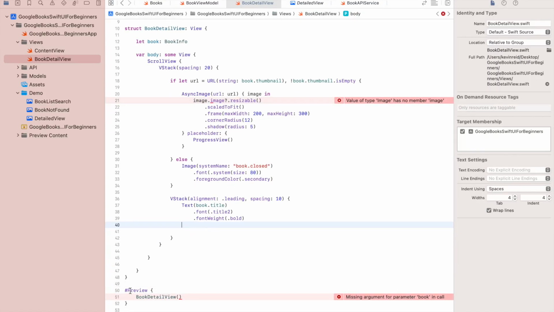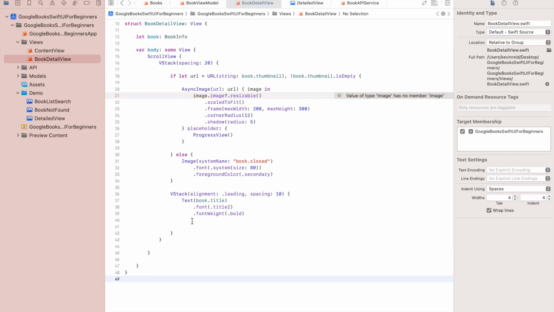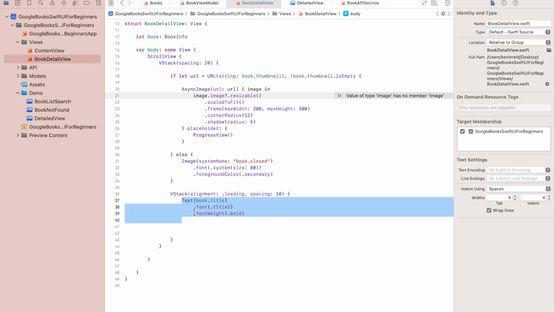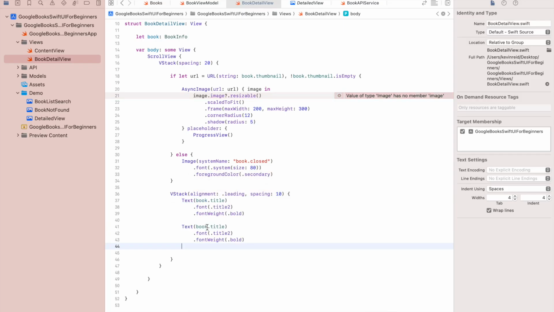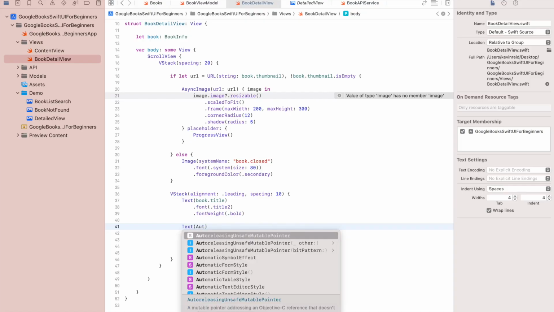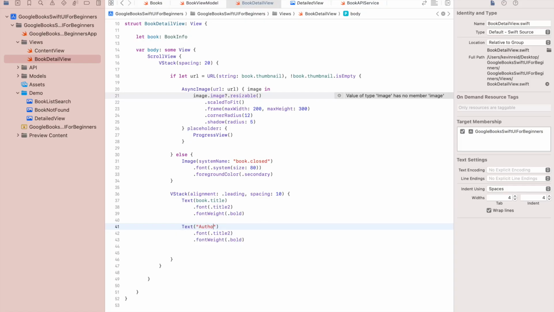We also want to display the author. Just delete the preview because we're not using it. My Mac is a bit slow. I'll just copy what we just did to display the author's name. So that should be author or authors, because there could be more than one. Authors,